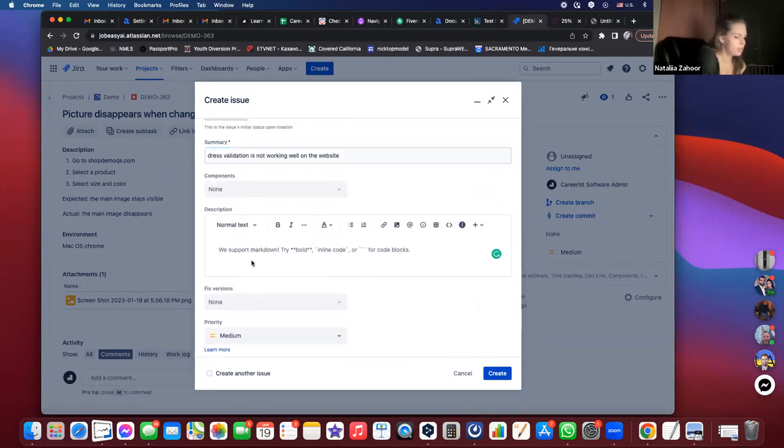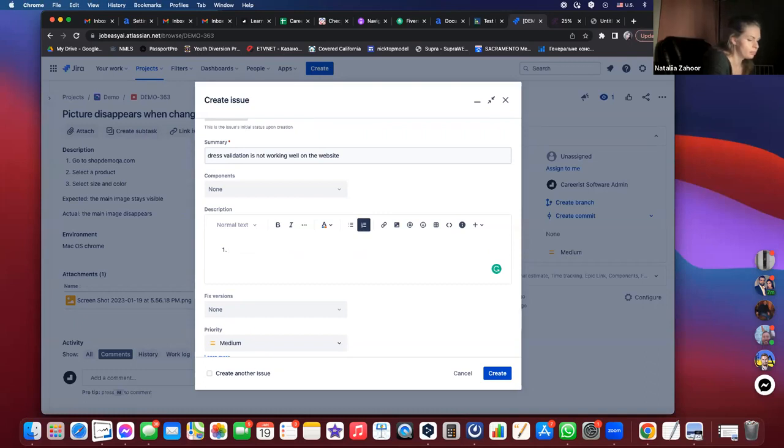In the description, you are saying go to shopdemoqa.com, place any item in the cart, proceed to checkout,